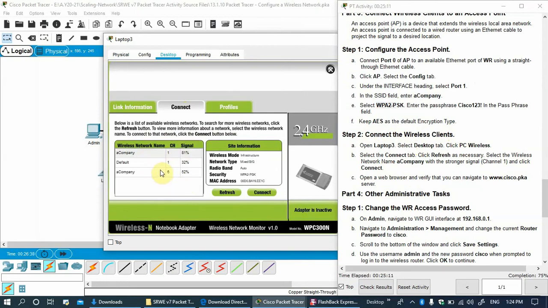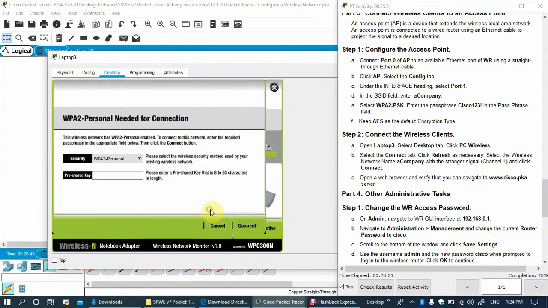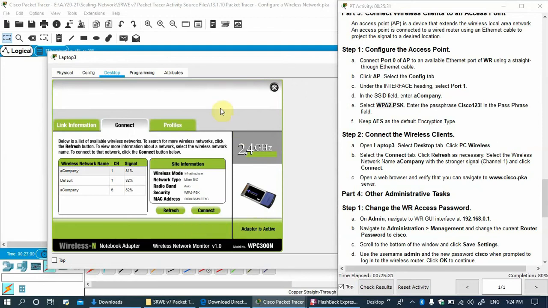You can see here the signal strength is 81%, channel is 1. You can see this is A company, this is channel 1 and that one is also channel 6. So here the passphrase is Cisco123!. Okay, and press connect. Once you connect, you can see the laptop is connected.